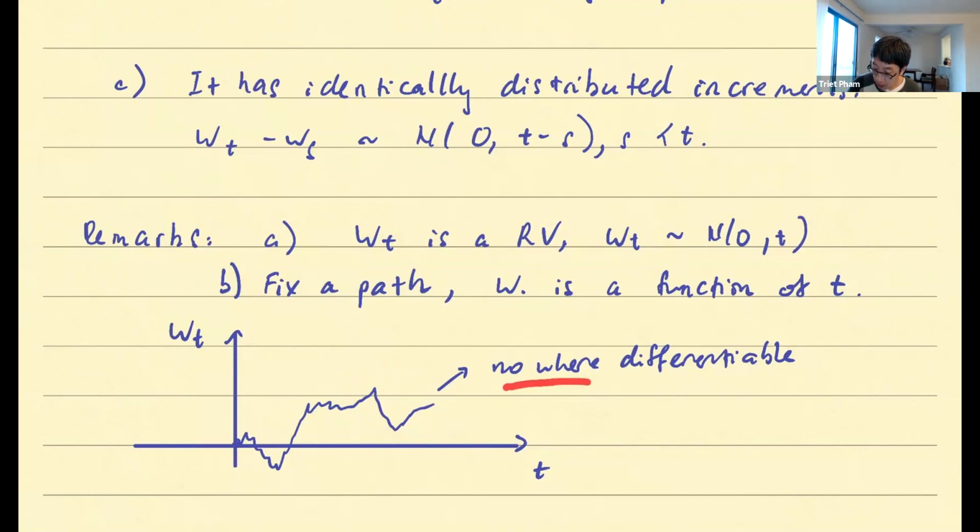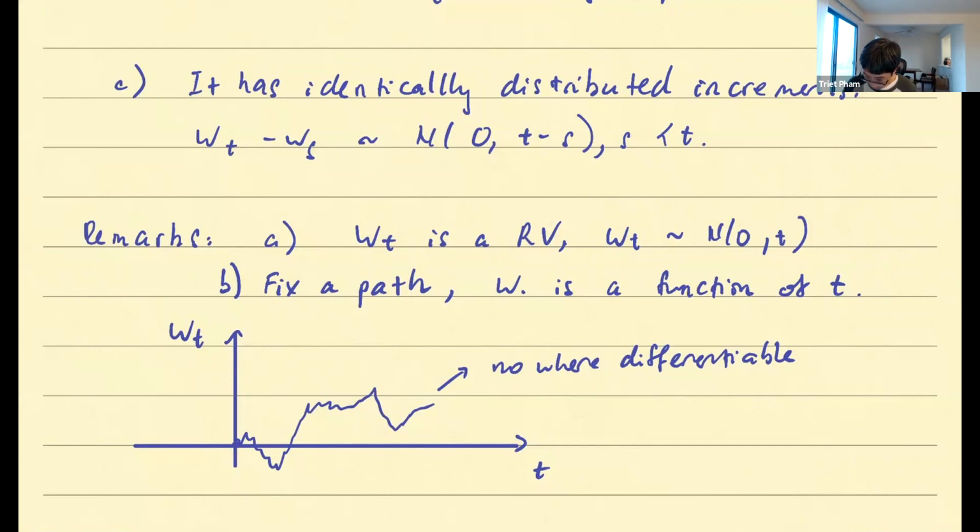What it's saying here, nowhere means no point in time. That means that there is no point in time at which you can draw a tangent line to the Brownian motion path. From far away, you might think that there's some kind of smooth movement or straight line movement, at least for a short amount of time. It turns out this is an illusion. If you zoom in far enough, then every point of the Brownian motion is a small corner. Is that irregular?